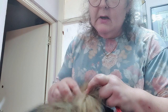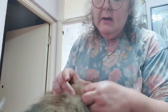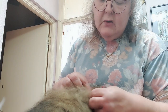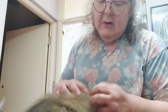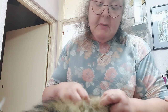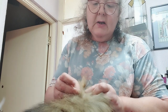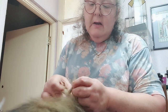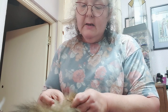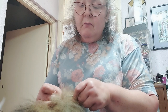These bits are a pain in the neck, as we know. He doesn't get matted anywhere else, just really. He does go a little bit between his legs, on the inside of his legs, on his back legs. But this is the main area, and as you can see, he's got another bit there. And all I'm going to do is just hold the bottom of the fur, and then just ease it up and break it up,